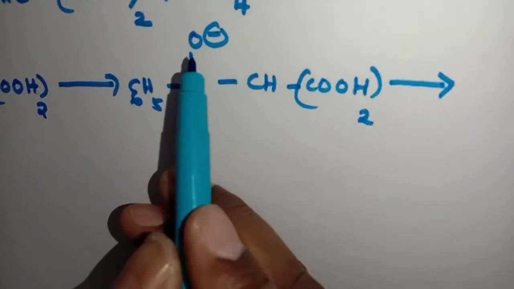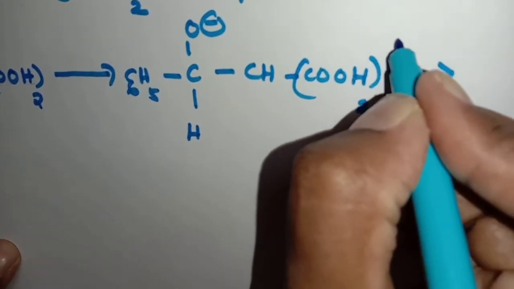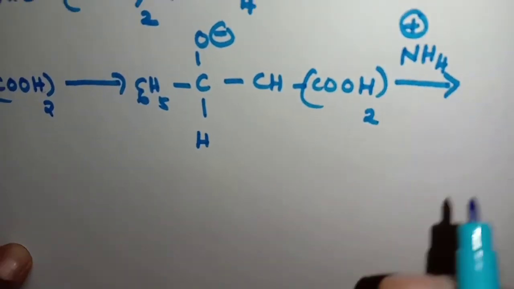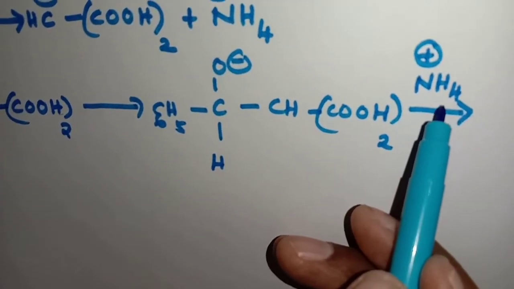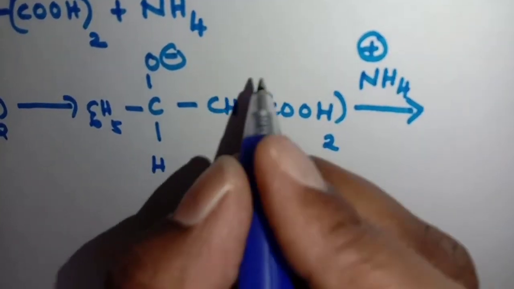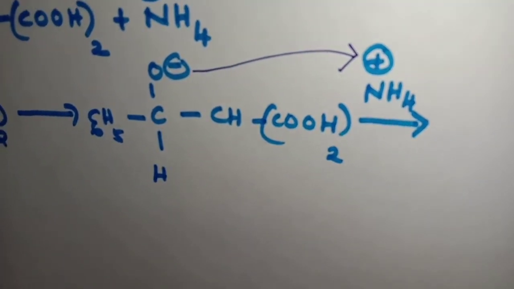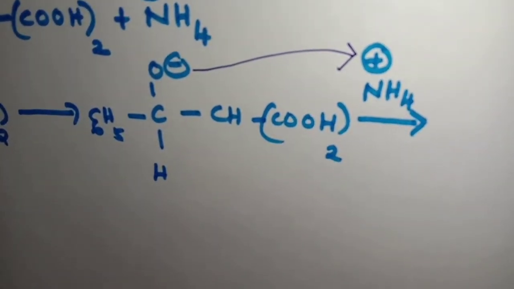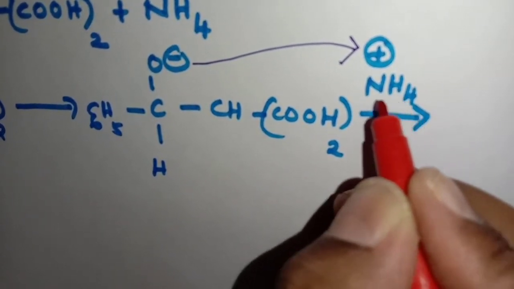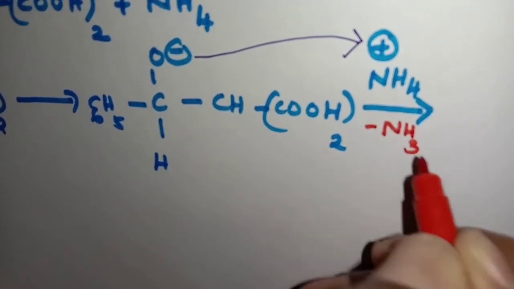Okay. Now how is this negative charge on oxygen satisfied? So what will it do? Oxygen with its negative charge. See, in the first step NH4 plus has come out, right? So that is the ammonium ion. That means one hydrogen is extra here, that is H plus. So O with its negative charge attracts this H plus. So H plus goes to O minus. So what remains when it loses one hydrogen? There will be NH3. So minus NH3.